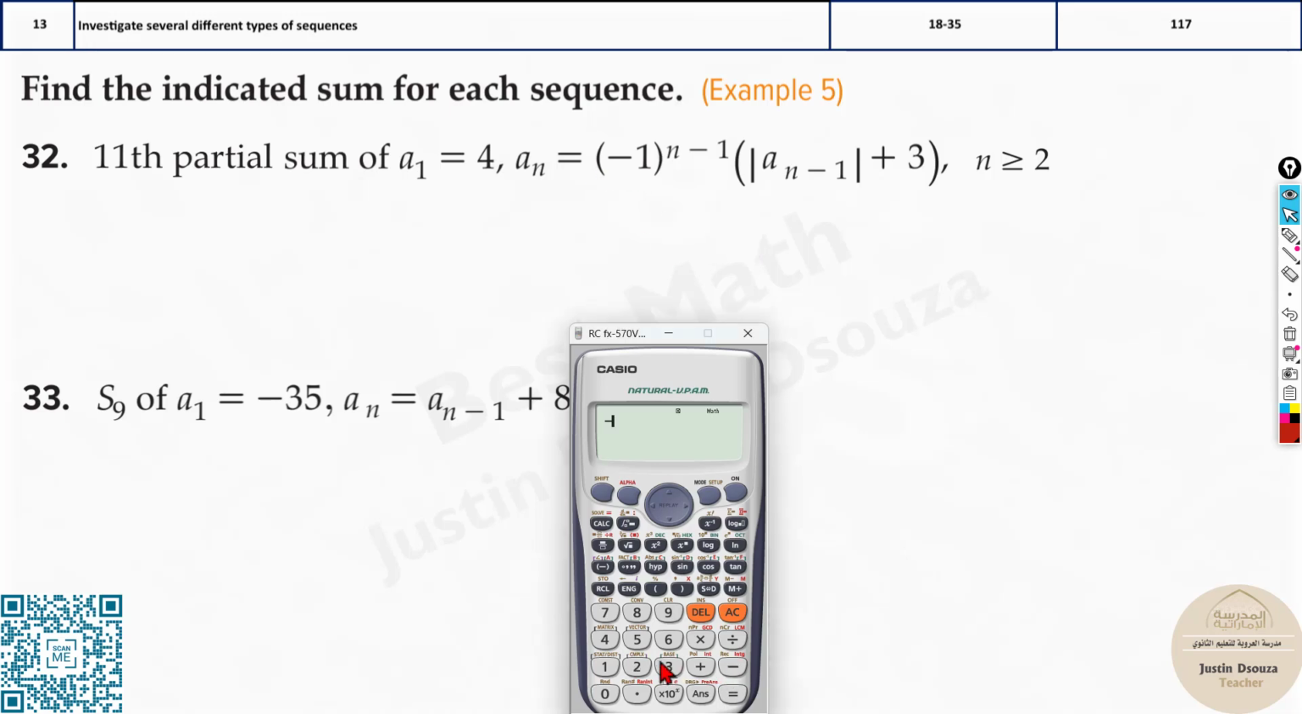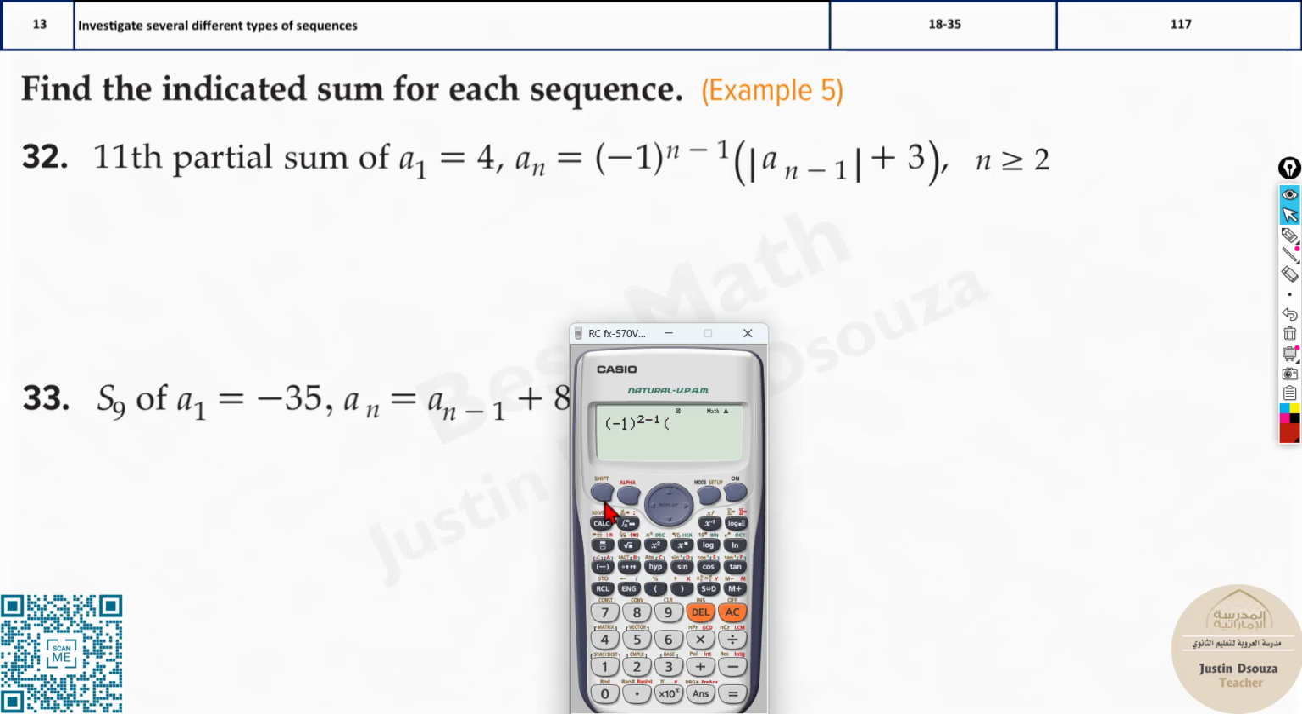Now let me type it out. Minus 1. I need to put the brackets because I need to take the power. N, you can't start with 1. It should be 2 or more, and 1 is already given. So let's write 2 minus 1, 2 minus 1. And over here, what do we have is